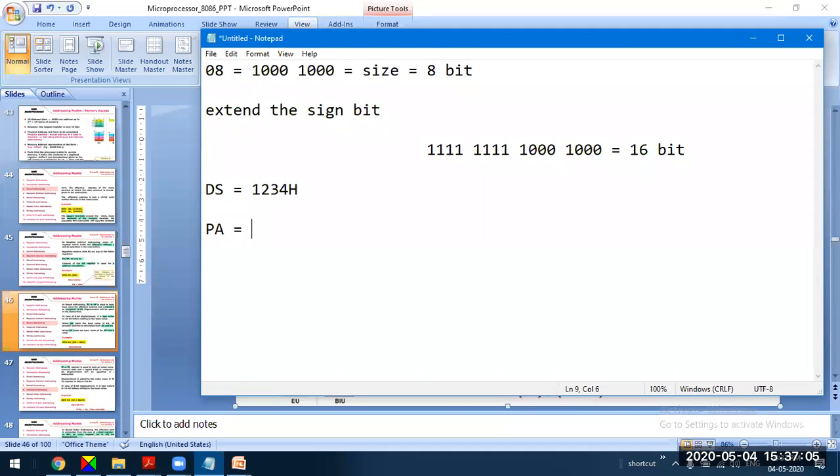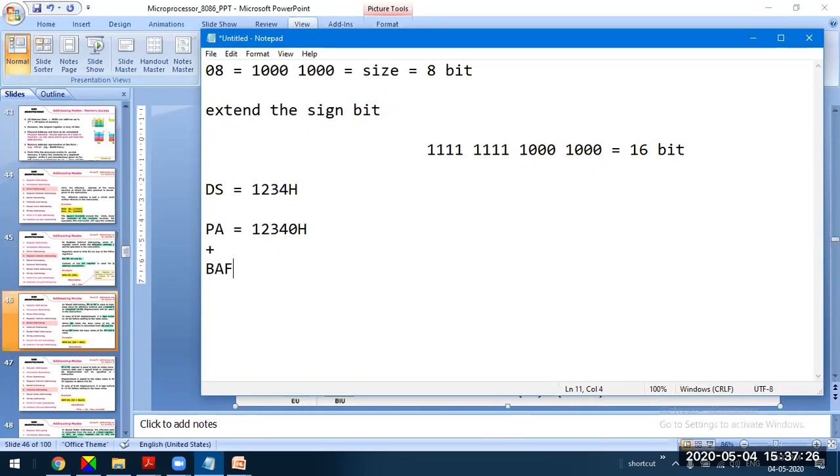It will convert the data segment register content by shifting towards left and appending 0. That is, it will become 12340H.